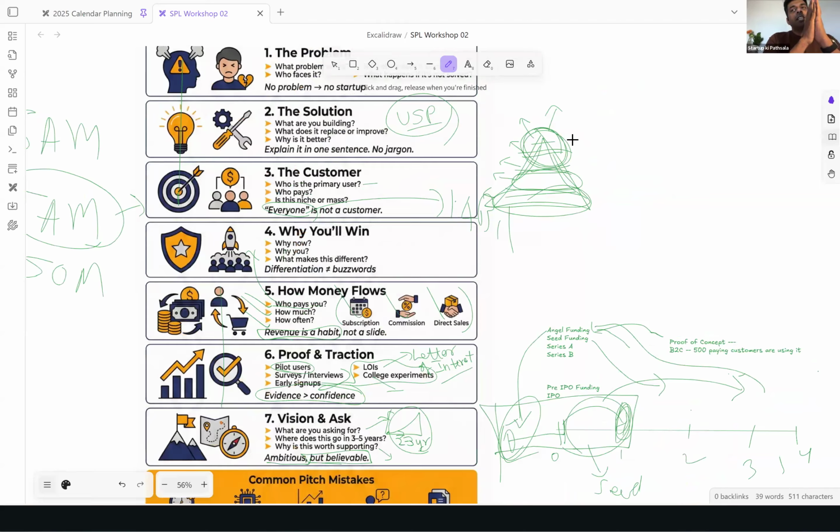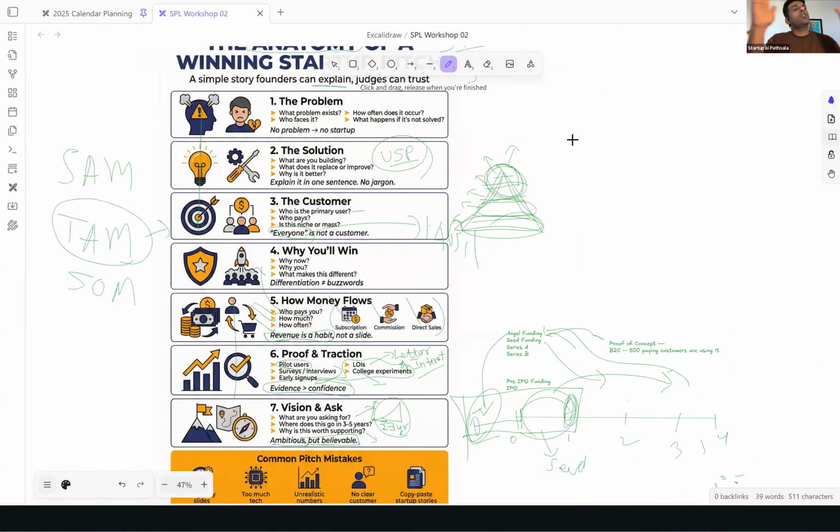Right. See, in a competition kind of a scenario, we can't give you all too much time. So the time will always be the limitation, right? So time will be, depending on the number of teams participating and number of panels, but मान के जाइए, you will have 5 minutes to maximum 10 minutes. Now this 10 minutes is not just only for the slide presentation. उसमें से आधा time होगा slide presentation, आधा time होगा Q&A. Judges will ask questions and all that stuff, right? So let's assume you will have 5 to 6 minutes to pitch your startup idea.